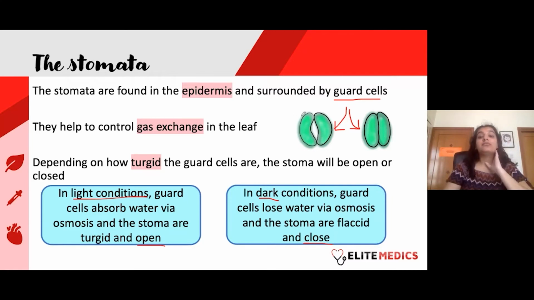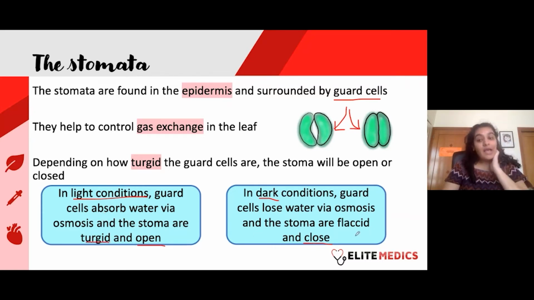So that's why the guard cells are really important. They literally do what their name is. They guard the stomata, they guard the entry points of the leaf. And the way that guard cells work is by absorbing different amounts of water or losing water, for example. And this will make more sense as we come on to cell transport, but hopefully you've got a bit of an idea about turgidity and